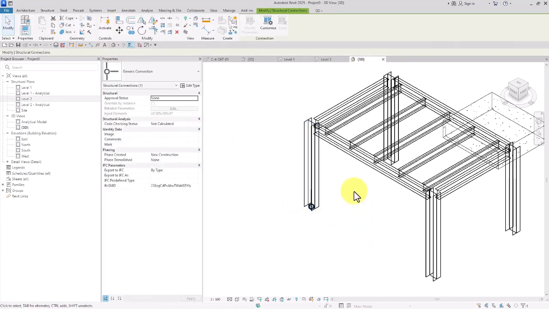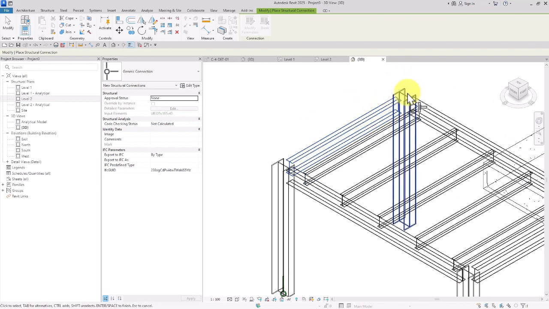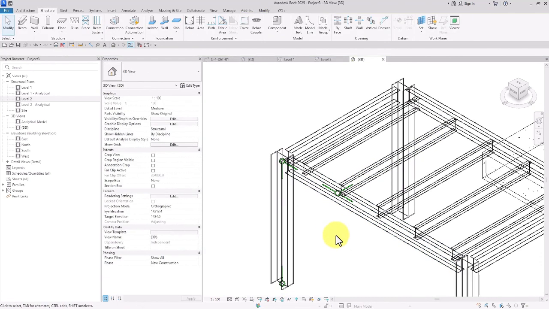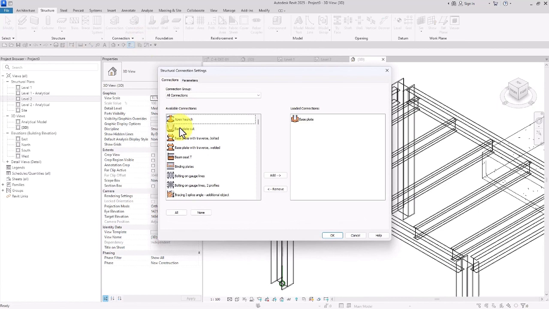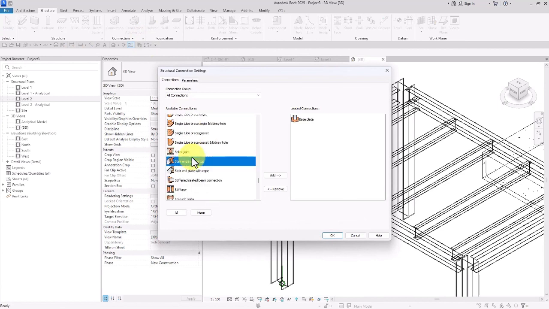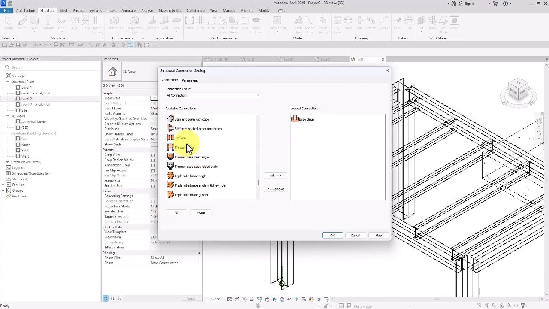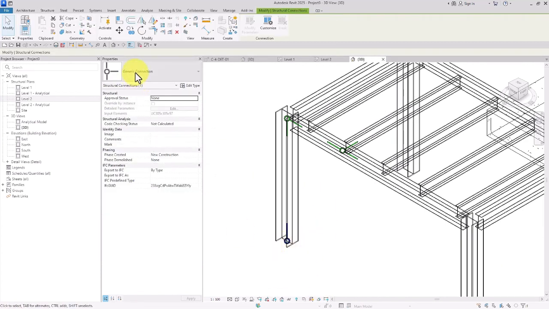I'm going to set a connection here, some other connections in these areas, and then another one here. Now from connection settings, load the connections that we want to. For example, base plate, then splice, and then let's see what else. I'm going to select shear plate here and this one. All right, now first I'm going to select base plate